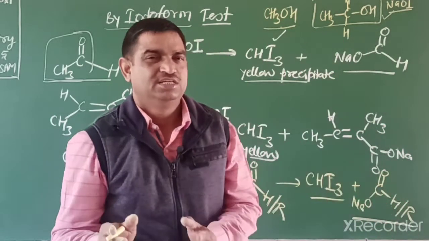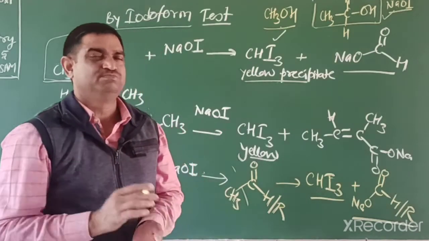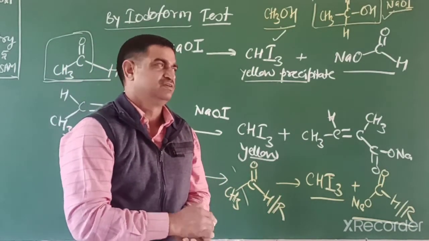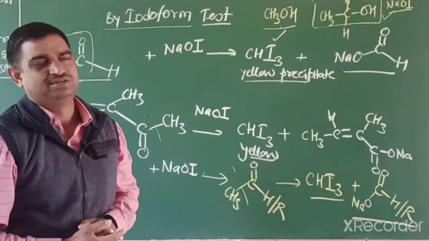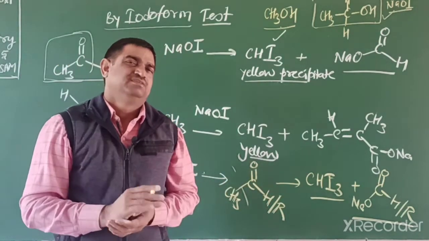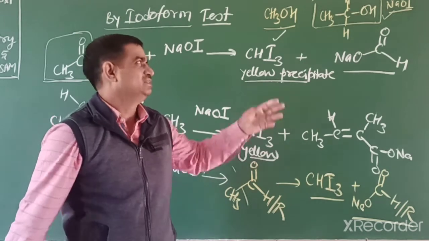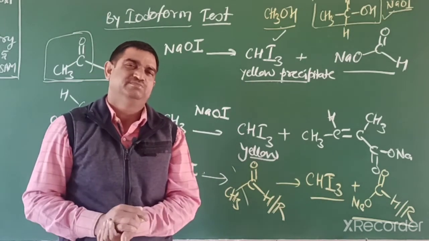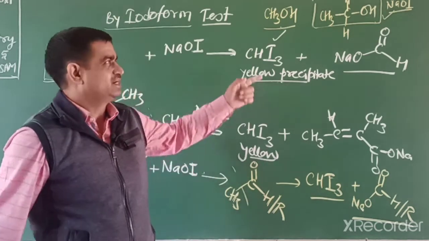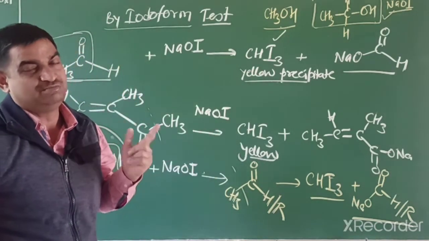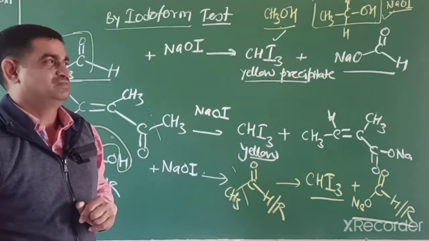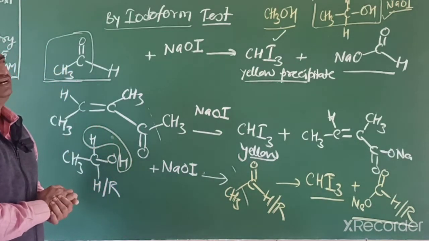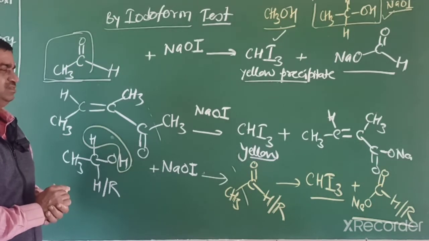But if that alcohol is mixed with methanol, we can't identify it, that is denatured alcohol. If they are separate, then we can distinguish by the iodoform test. In separate bottles, if one is methanol and the other ethanol, they can be distinguished by iodoform. But as it is mixed, we can't find out, because the ethanol in the mixture produces the yellow iodoform precipitate.